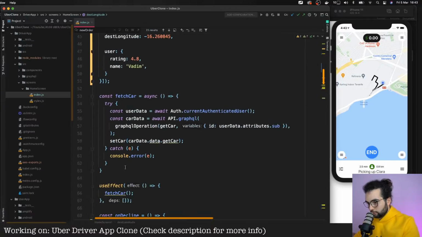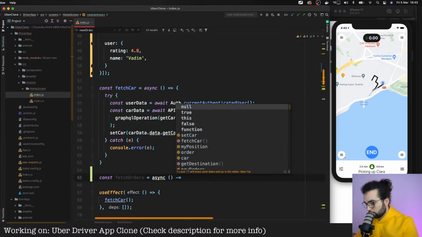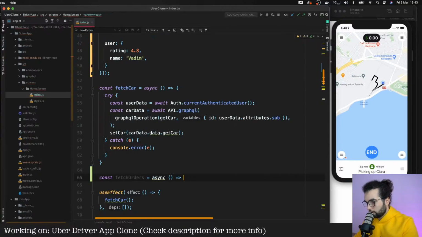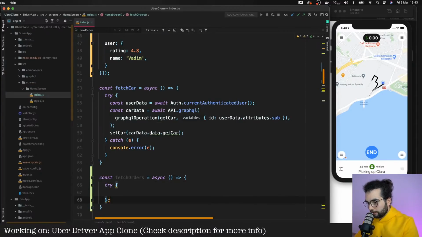However, we'll create a new function, const fetch new orders. Fetch orders is again an asynchronous function. Try and catch.